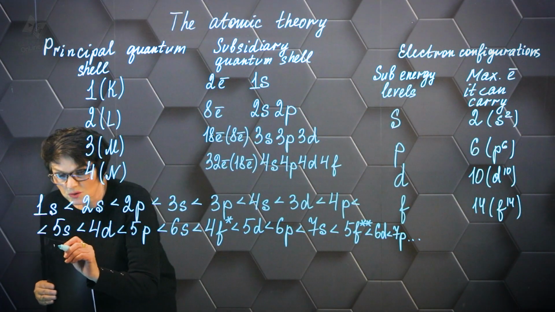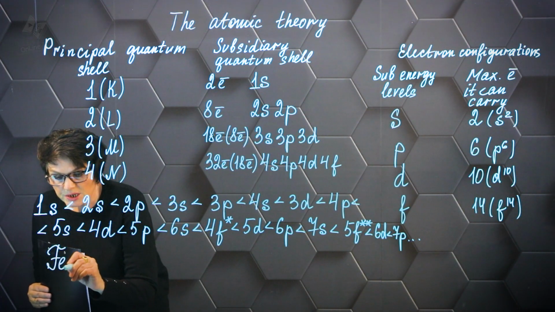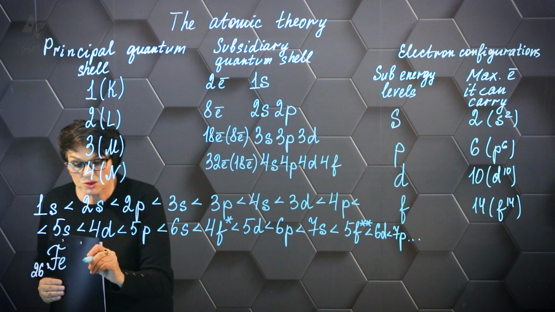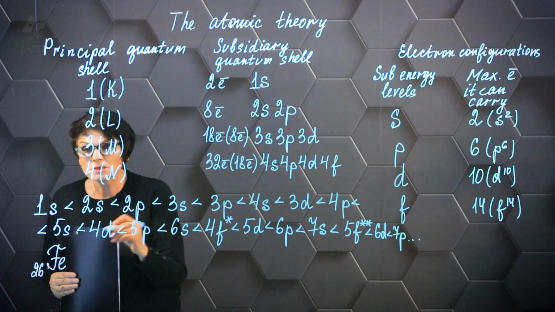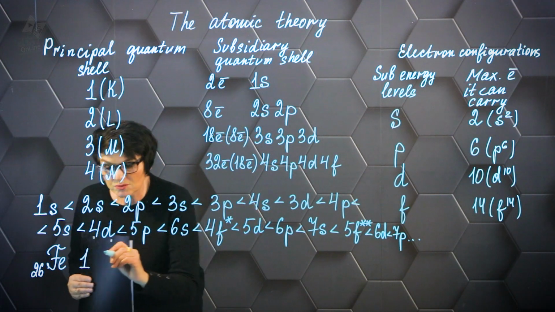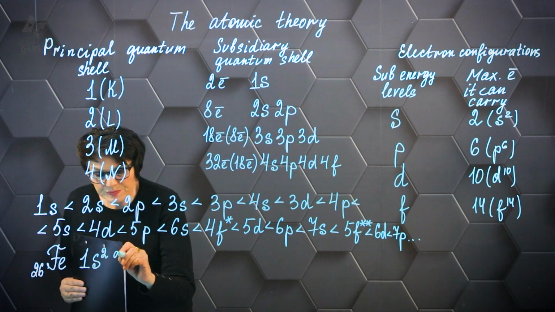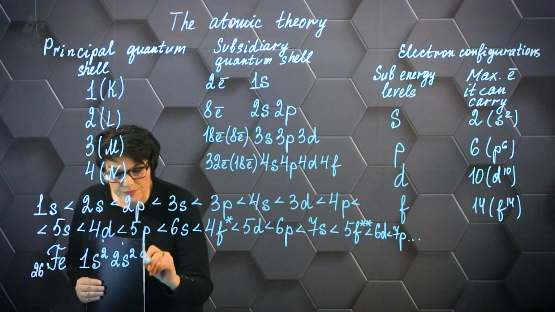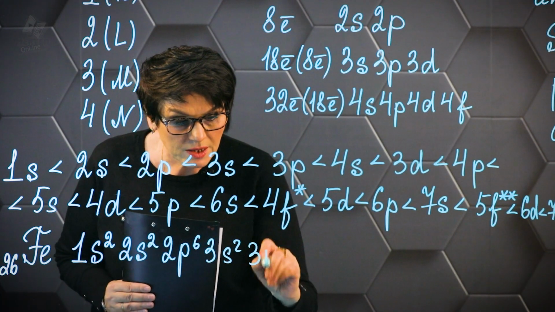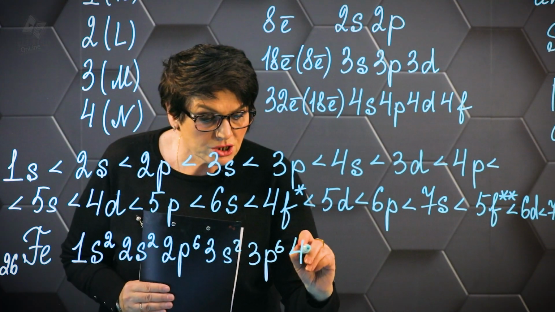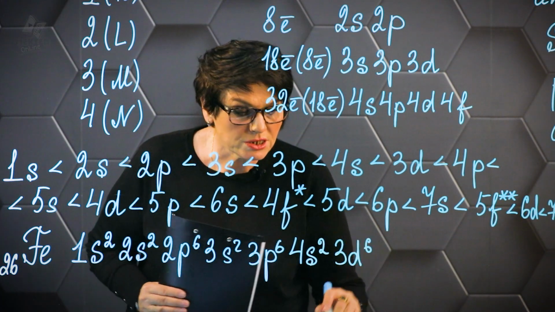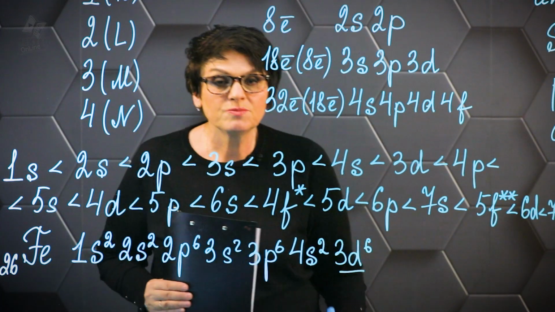But for example, let's take the element iron. It has 26 electrons, and these 26 electrons are distributed as follows. Let's write down the electron configuration. I'm going to go strictly down this row: 1s2, 2s2, 2p6, 3s2, 3p6, 4s2, and then 3d6. What is last in the entry, in this case for iron d,